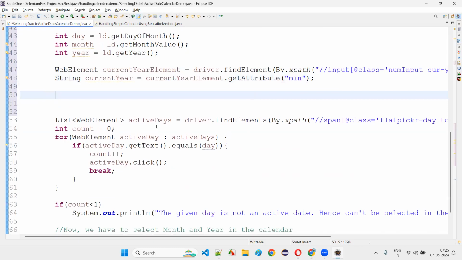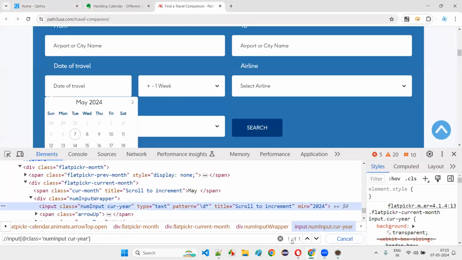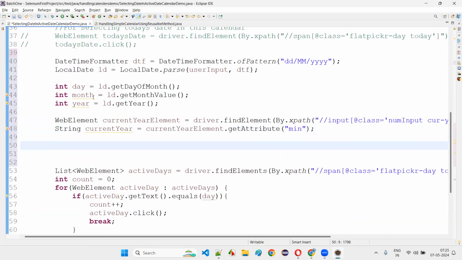Now I want to write some logic where I want to change the options of the year, guys, until this becomes whatever the user has entered. For example, if the user input is, let's say, 2028. Let's assume that. Here the current year is 2024. Then what I will do, while this year